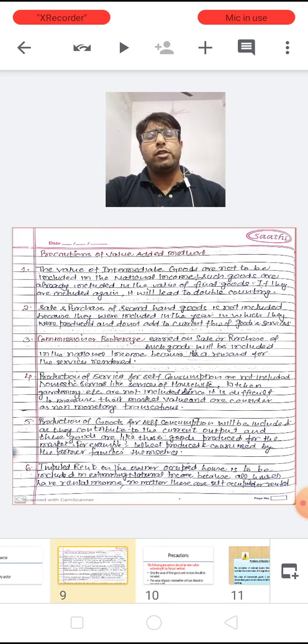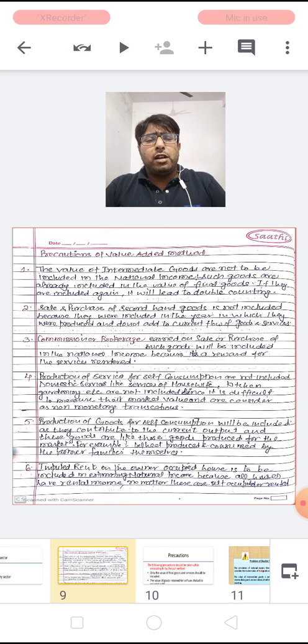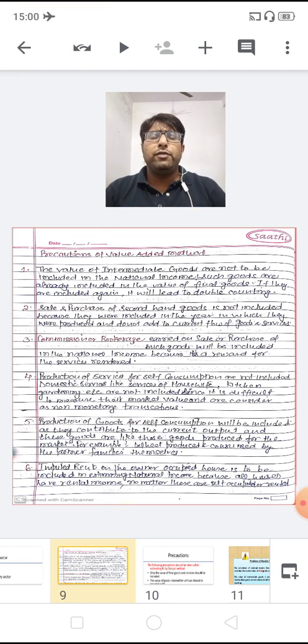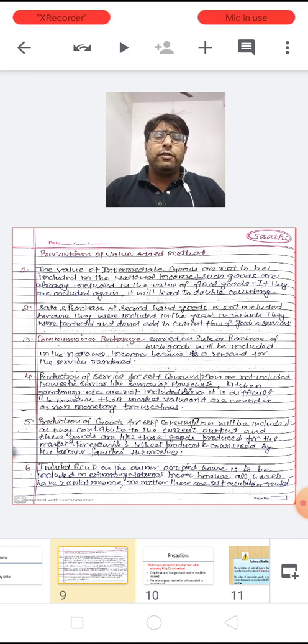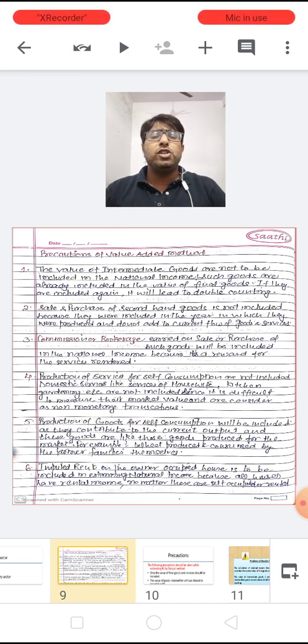When we are going to take the final value of all the goods and services, then we are not inclined to add up the value of intermediate goods separately. The cost of intermediate goods is already included in the value of the final goods and services. That is why, when we are calculating the value added by each and every enterprise,